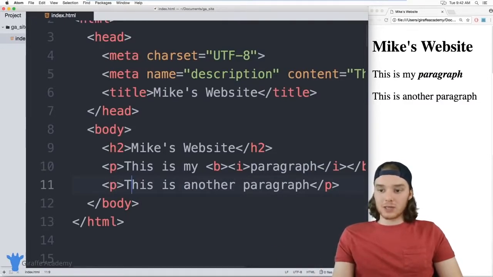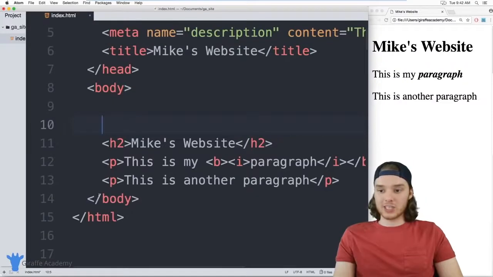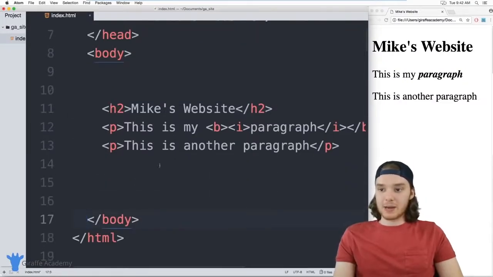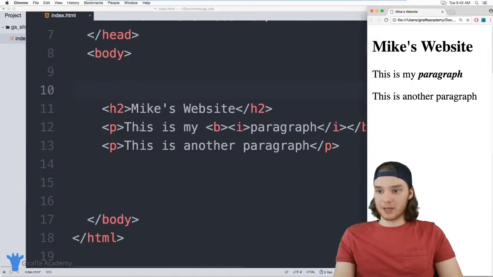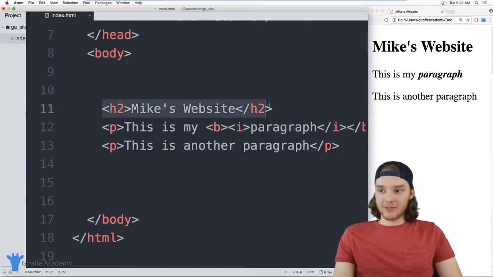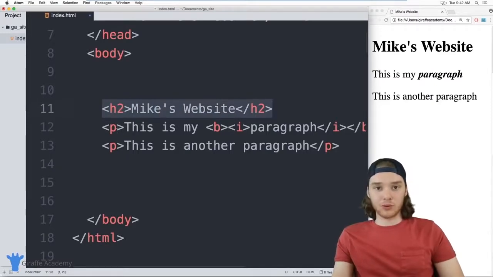So one of the things with HTML is that it lays out our web pages in a very specific way. And I want to show you how that happens. When HTML lays out our web page, it basically takes the layout that we define here inside the body and displays it over here on the web page. So the order that we have the elements here in the document is the order that they're going to show